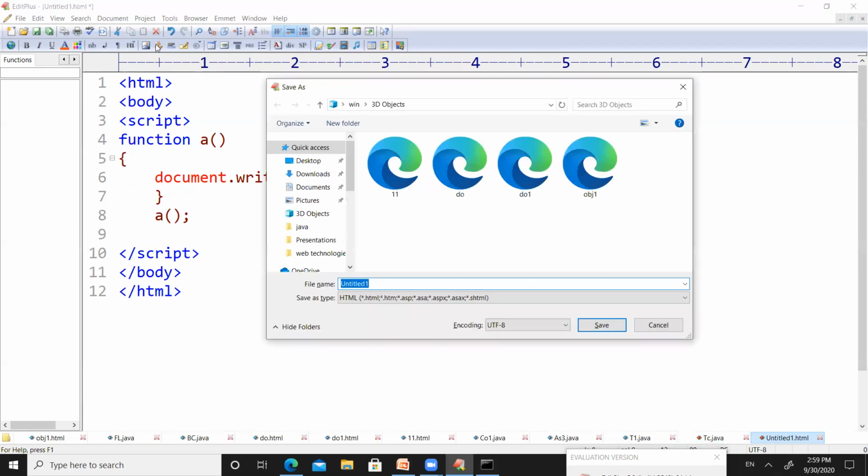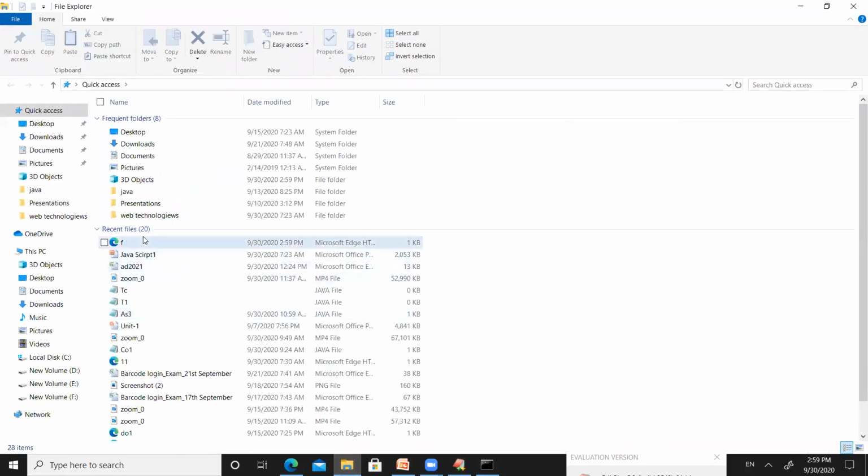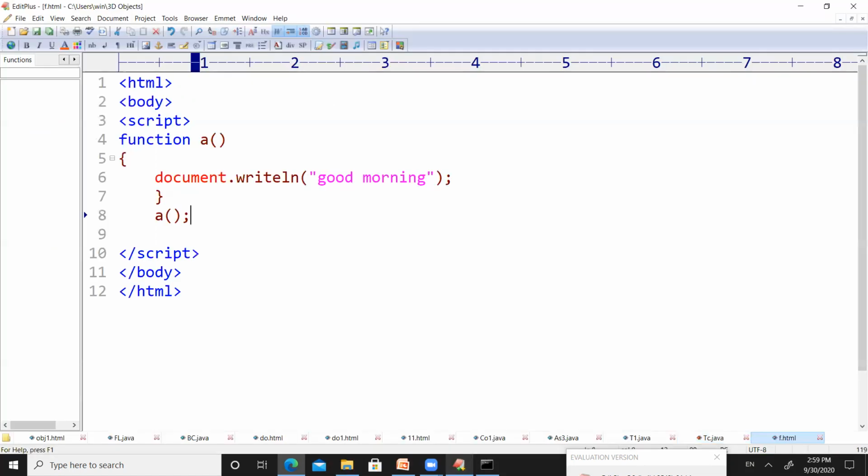Let us see this one. Let us save this program as f.html and observe the output of this code. If you observe, it has printed good morning. Now let us re-execute the code by deleting the statement which was at line number 8.